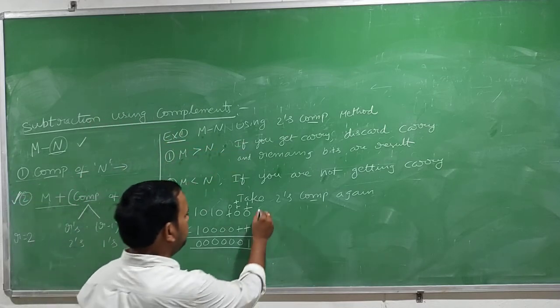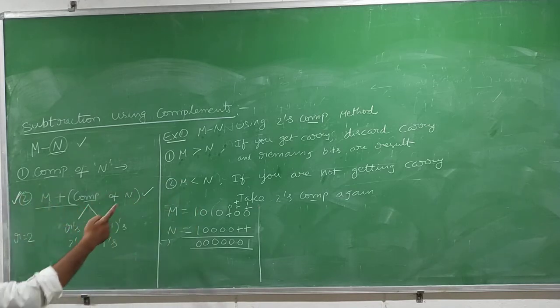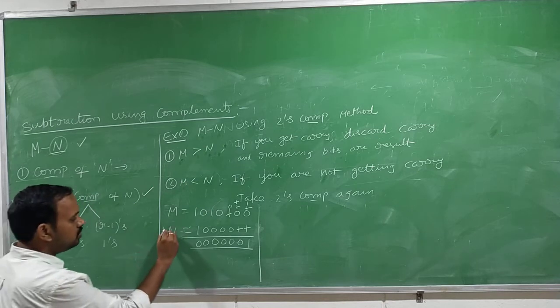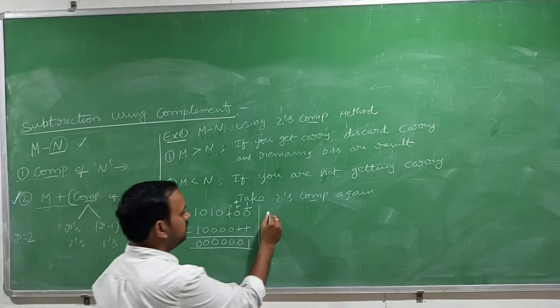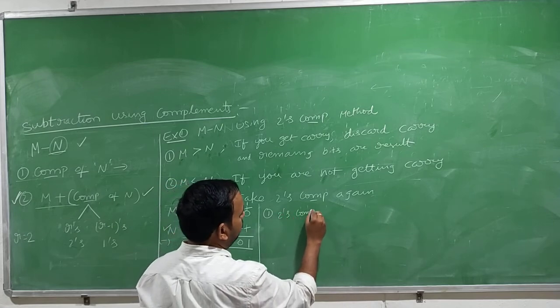Okay, so this is a normal procedure, m minus n, what we have done. Now the same method we need to do using the 2's complement method. What you have to do: take the 2's complement of n, first step. So the 2's complement of n,